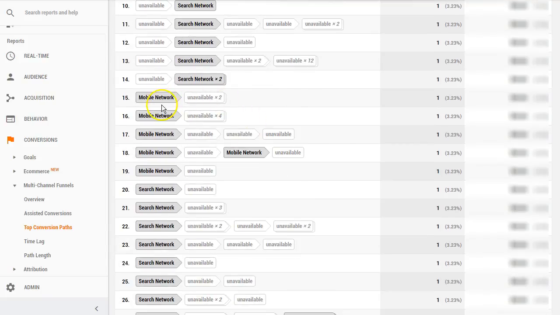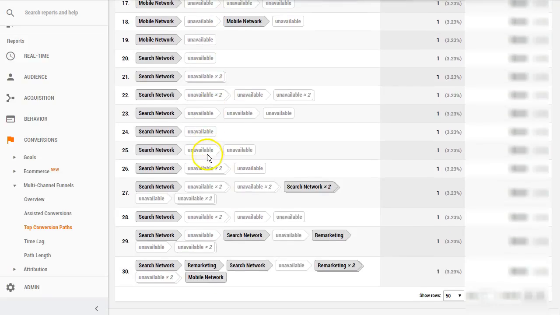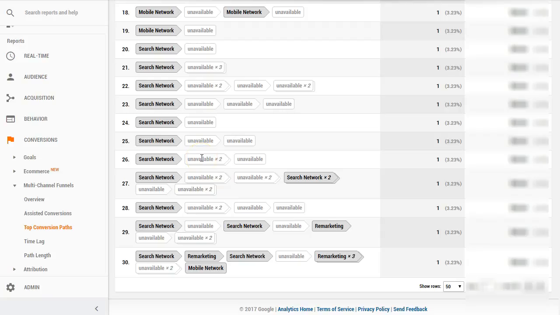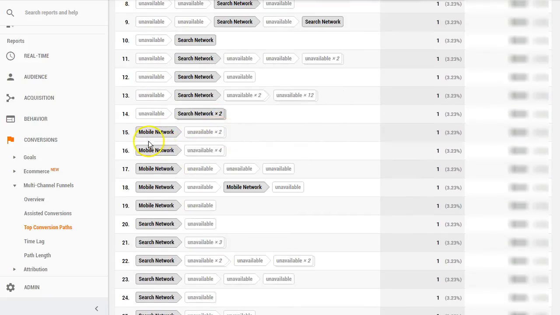So down here, we can see that there's a string of conversions where they have started on the mobile network. So someone's searched on their phone, then they've come back probably to the desktop to do more research. And yeah, so there's a string there, so about 5 there. Keep going down. But there's not too many, so you count them up. 1, 2, 3, 4, 5, 6, say about 7 out of 30